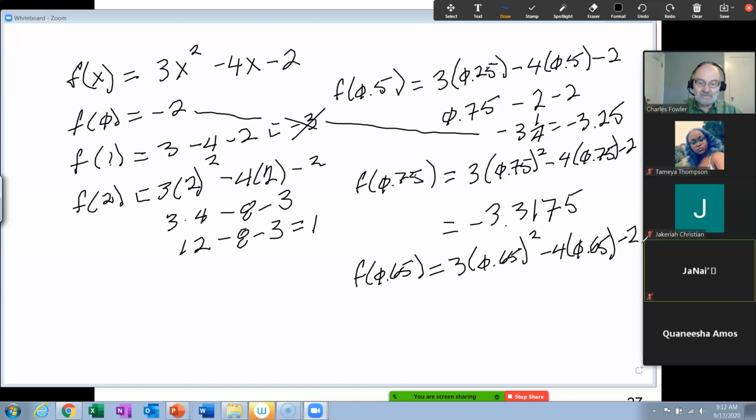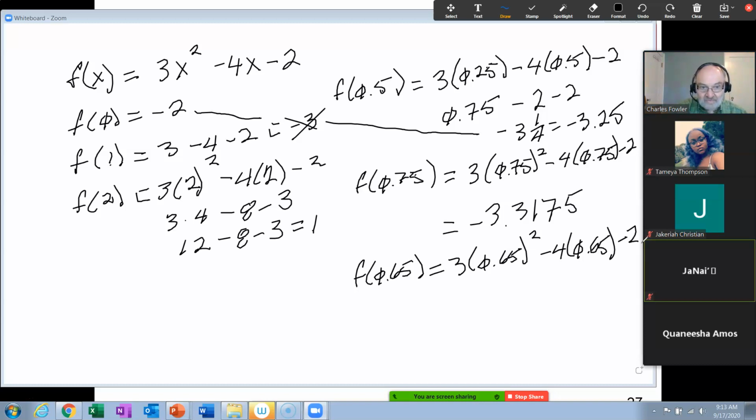Okay, so I'm going to do that again. Make clear what I had there before, just so I don't get it confused. 3 times 0.65 squared minus 4 times 0.65 minus 2, equal, hey, it even got smaller,